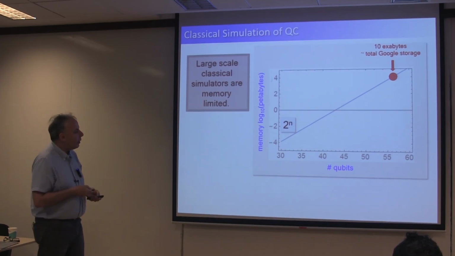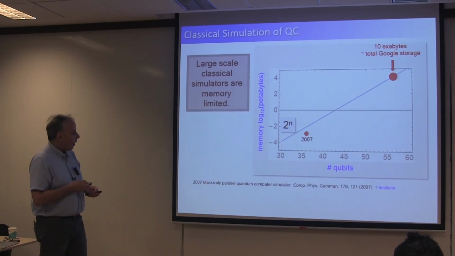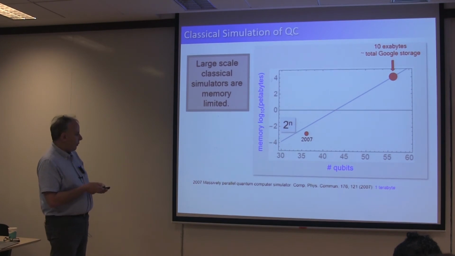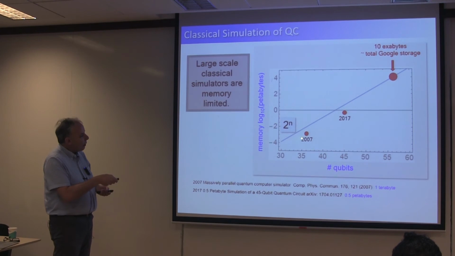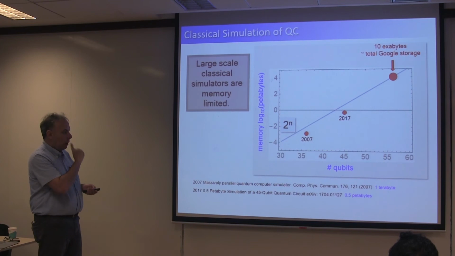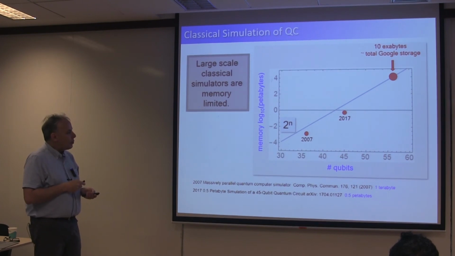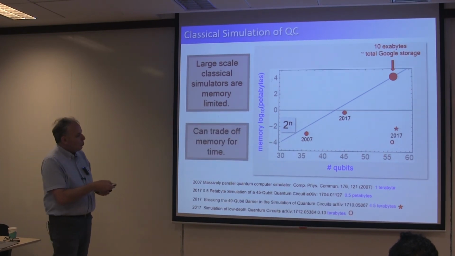What's actually been done in classical simulators? A decade ago, there was a 37 qubit full simulation of a quantum circuit. More recently, last year, they got up to 45 qubits using a half petabyte of memory, a lot of memory. So that's running a little bit below this line. You can play some tricks and save a bit of memory, so you can come a little bit under. And then there were also, in the last half year or so, two calculations that pushed up beyond 55 qubits that are well below this line.